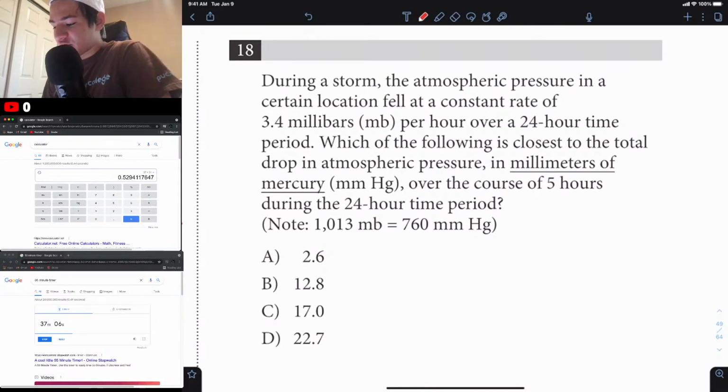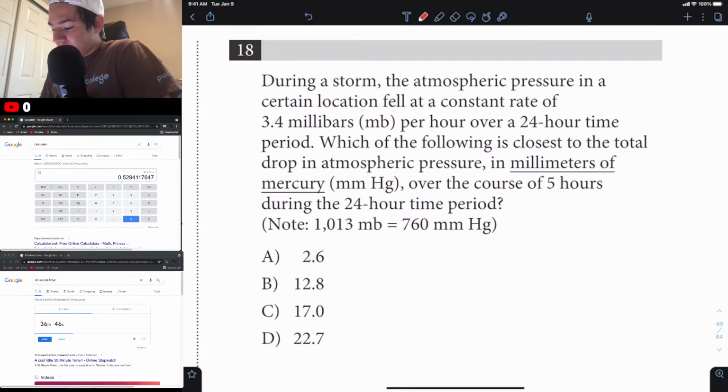During a storm, the atmospheric pressure in a certain location fell at a constant rate of 3.4 millibars per hour over a 24-hour time period. Which of the following is closest to the drop in atmospheric pressure in millimeters of mercury over the course of 5 hours? Okay. Over the course of 5 hours. So,